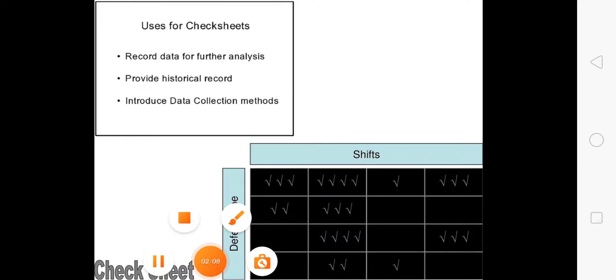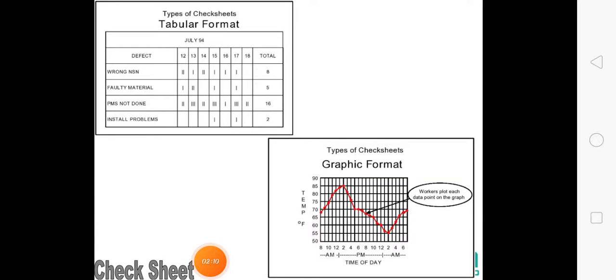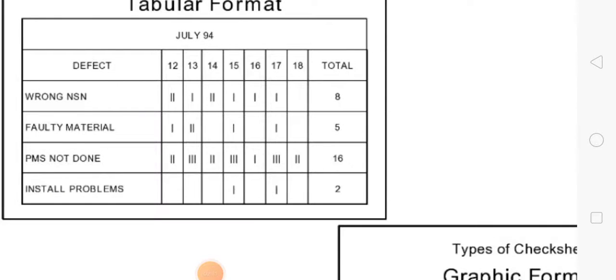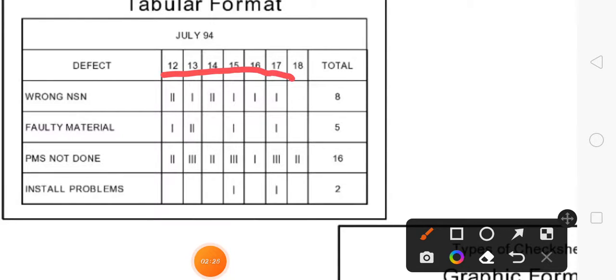Next, this is an example of a check sheet. In this we can see that defective parts or defective products are entered depending upon dates. Here dates are given: 12, 13, 14. These are dates, and what defects can be observed in different parts is given here, for example installation problem or faulty material used.